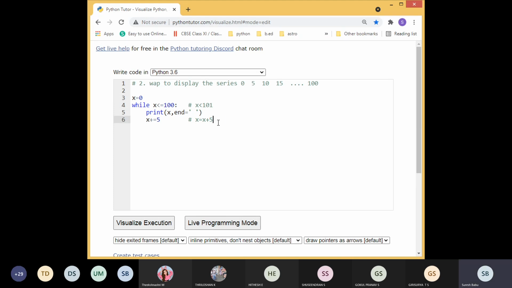You should know how to convert from one to another. Anyone want to try converting for to while or while to for? I'm going to give the program in while loop, so anyone try to change it into a for loop. Get ready.